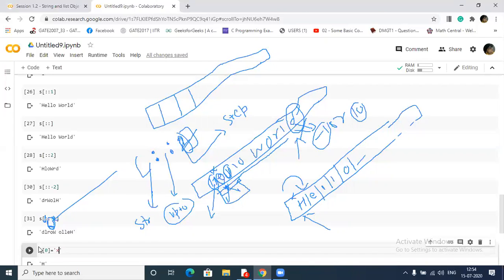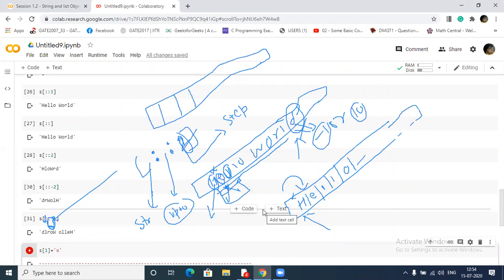If I put index 1, it will print L, right? Index-wise it's printing. If I want to store any character at this index, it is not allowed, because you cannot replace the already stored string.